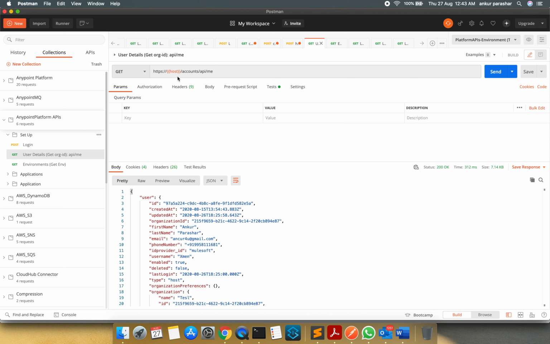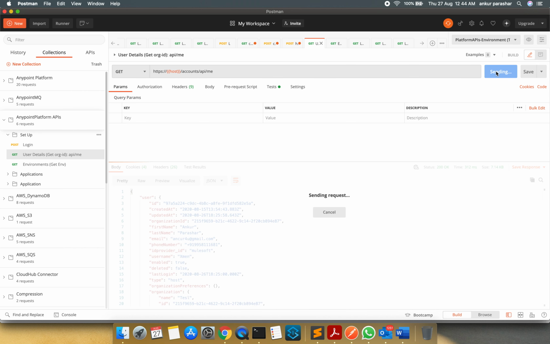Now this host value, if you put your cursor over here, it will show you the value: anypoint.milsoft.com, after that accounts API slash me. It will give you the details of the user who is logged in.